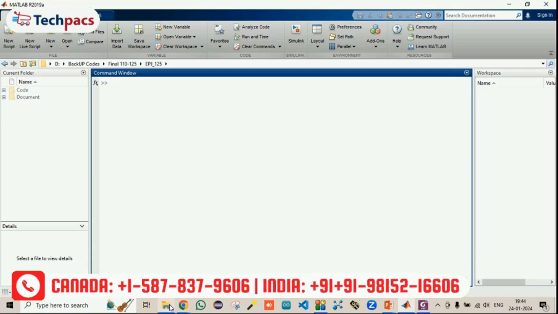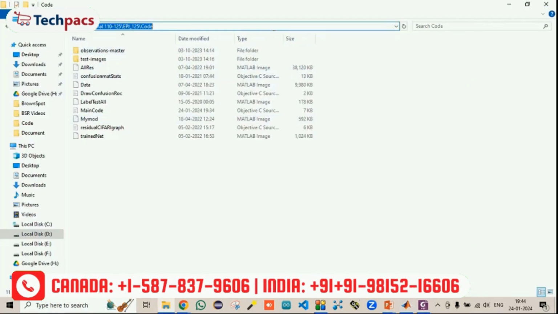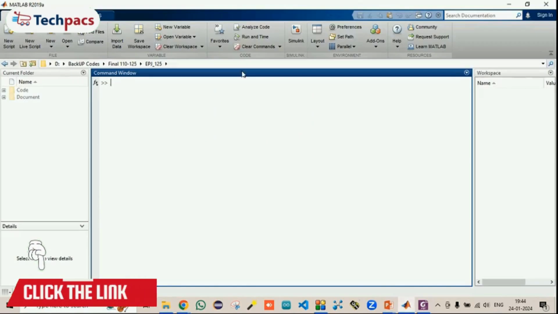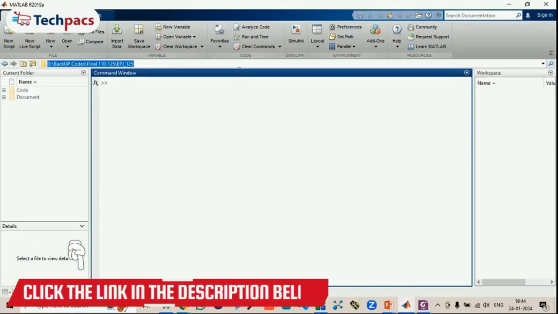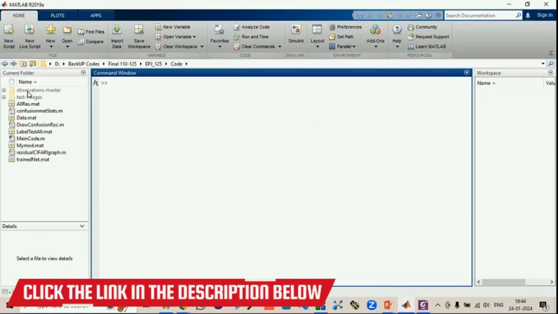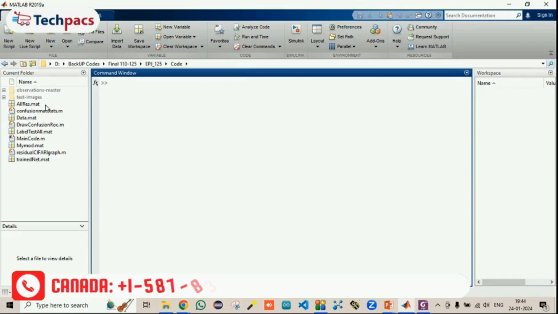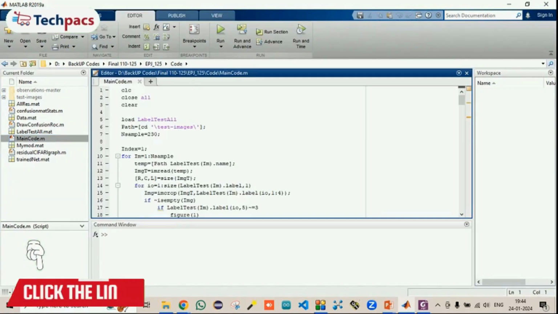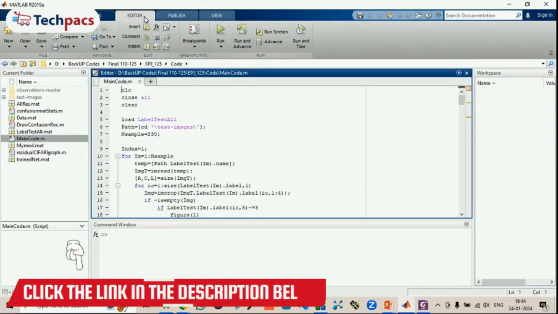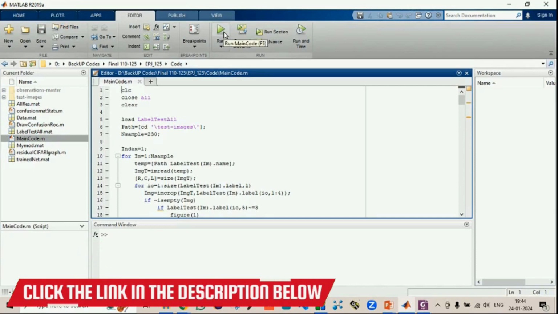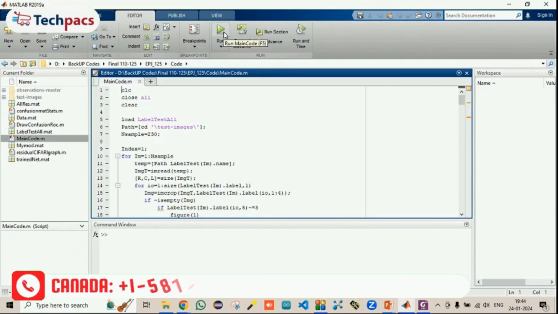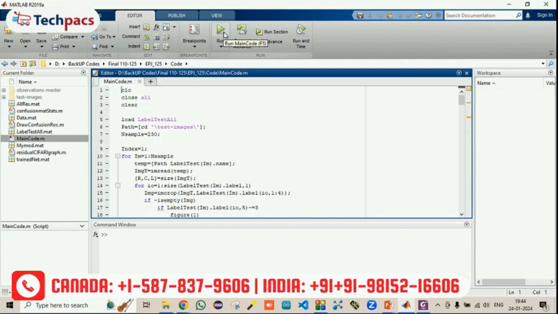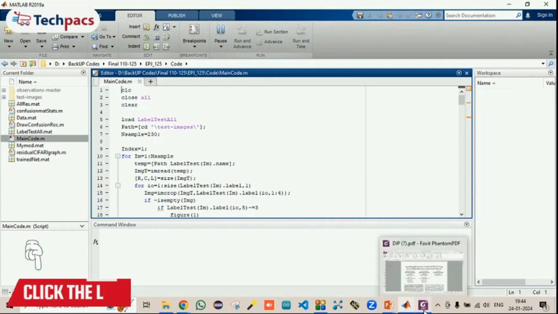To run this code, you just need to go to the folder, copy this path, go to MATLAB, paste the path here and press enter. When you press enter, you can see all the files that were in the folder. This is the main code file. You just need to double click, and it will open in the editor window, where the run command is. You can click on the run command and get the simulation of the result. So I'm just running this code in the backend. Before that, let's have a look at the